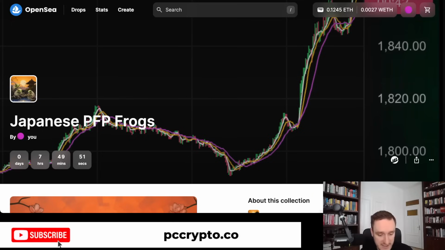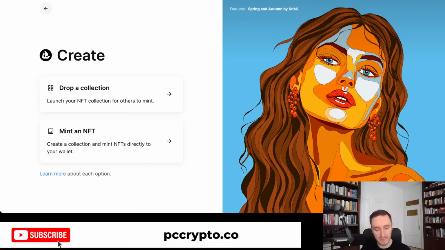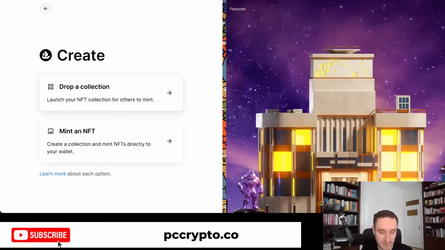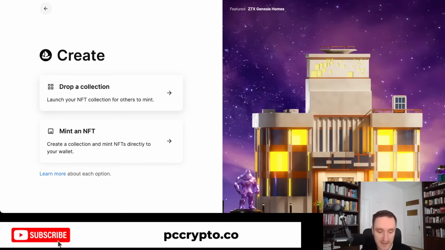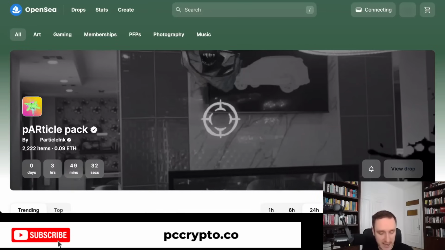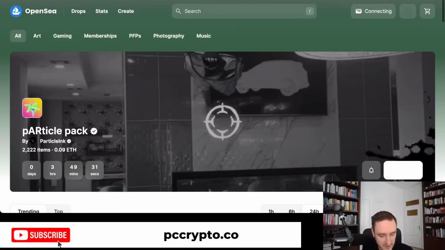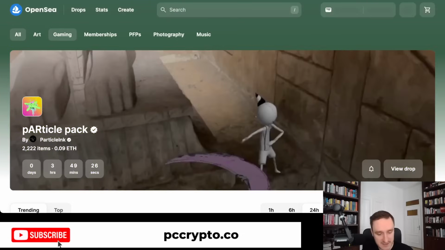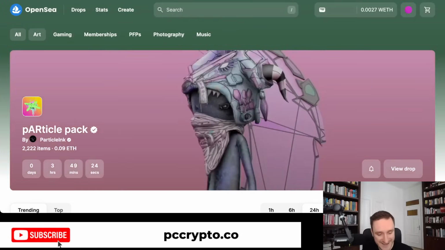Now, this is basically it for how to create a drop. If you have a simple art NFT, go with mint an NFT, create a collection, and then add simple items. If you have a larger collection, follow especially examples from OpenSea when it comes to data. You can easily create the entire collection, which is super large, and go with that. As you can see on OpenSea, there are a bunch of categories here that might be interesting for you. You have, for example, art NFTs, you have gaming, memberships,